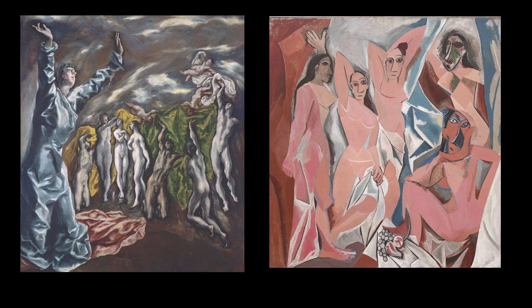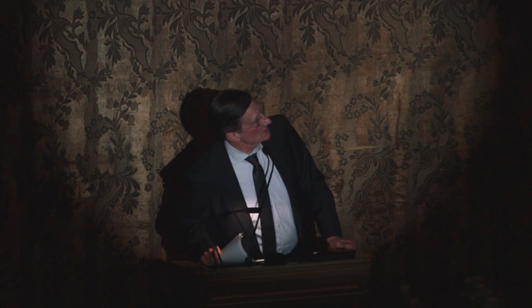The stylistic connections are often made, but Picasso actually imagined that the El Greco was something like a nude disco scene with a disc jockey on the left, that it wasn't understood. It was said that the top part that had been cut off in 1880 was clearly divine love because there were angels in that part of the composition. I think this has to do with churches being 30 feet high and Madrid bedrooms or living rooms being only 10 feet high. So a number of pictures are cut down at this date, but it's fascinating to think that